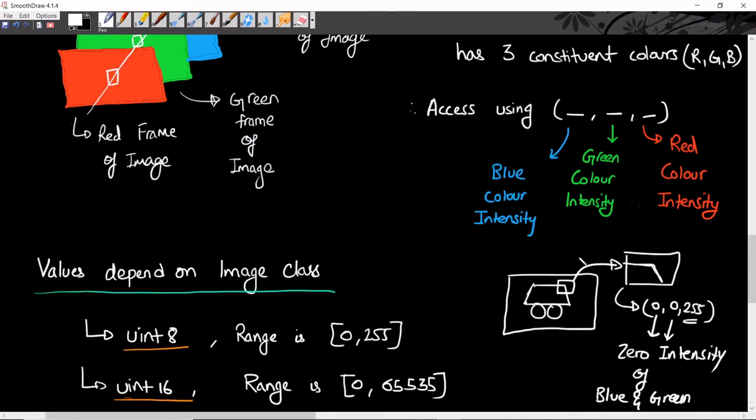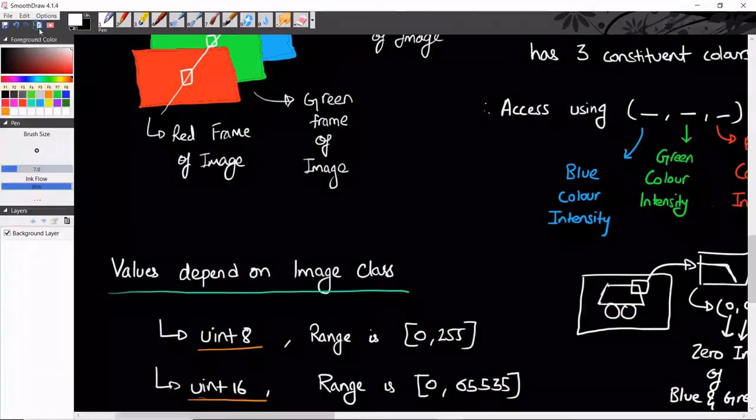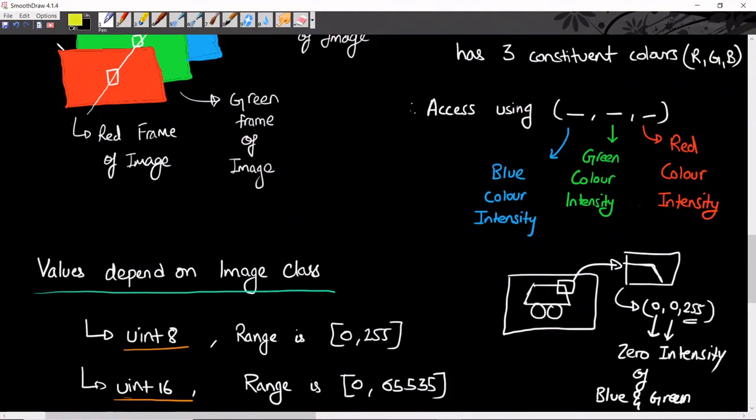So if you see all the permutations and combinations of the values you have, there exist 256 times 256 times 256 different colors that you can assign to any pixel.